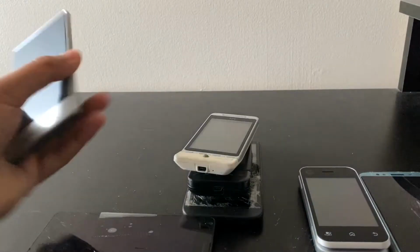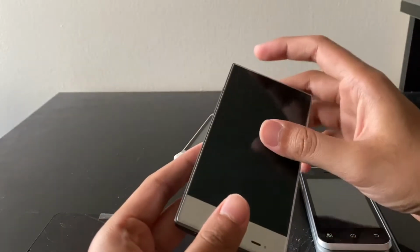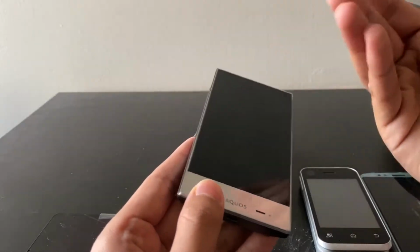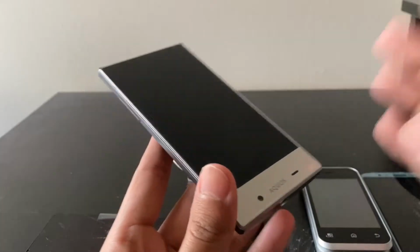Let's do Sharp now. The Sharp Aquos Crystal. Did a couple of videos on this. This phone has an Android com.android has stopped working error. On this phone, there's no way to fix it. If you have not turned on DevTools like the original owner hasn't, there's no way it'll ever be detected by the